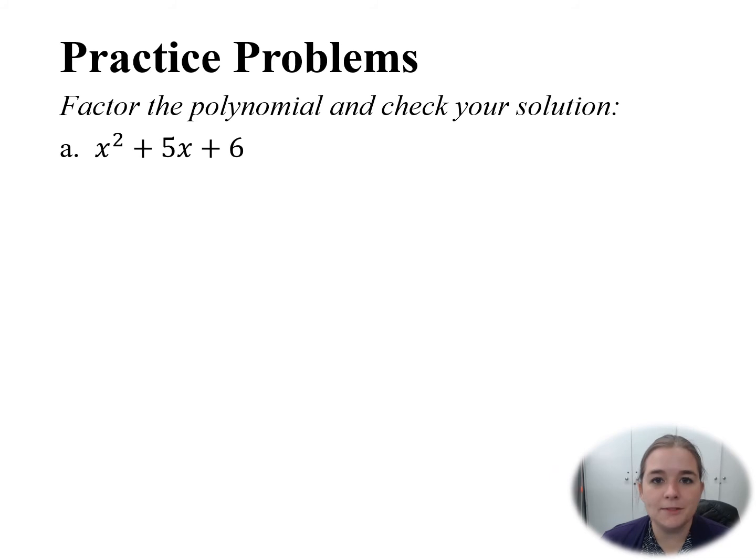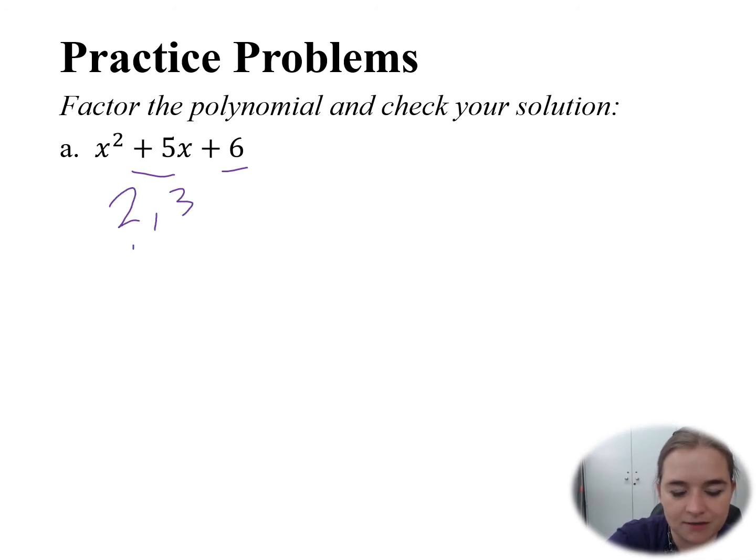First practice problem to write down in your notebook is x squared plus 5x plus 6. So I see that my product is going to be positive, so I know that my two factors are either both positive or both negative. I see that my sum is positive, so that tells me that I'm going to have positive factors. My factor pairs would be 2 and 3 or 1 and 6. If I add 2 and 3, I get 5. So I know that this one, 2 and 3, is going to be my correct